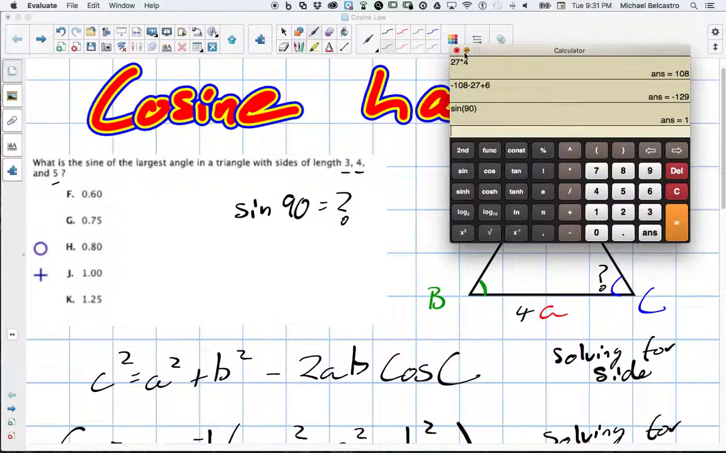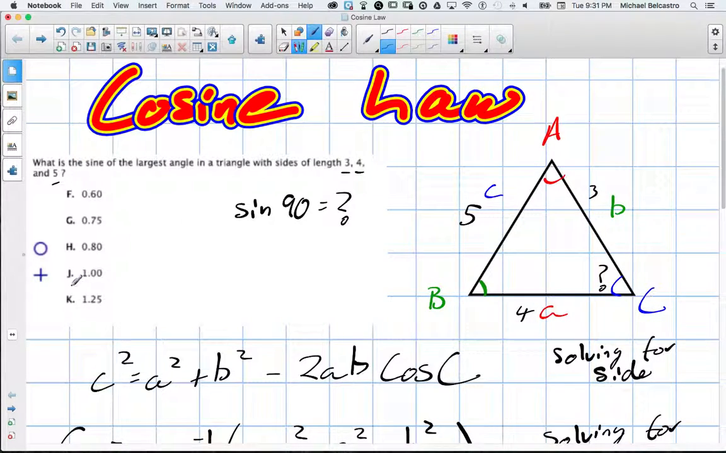So the largest angle in this triangle was 90, so that means we're looking for sine 90 is equal to the value of